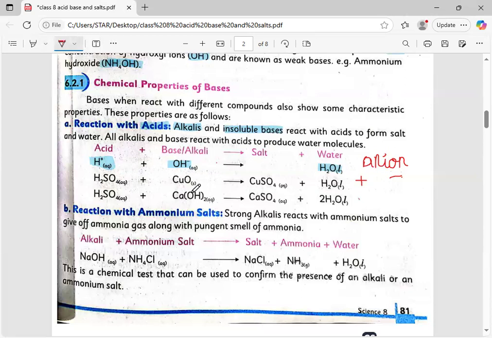So the calcium hydroxide again breaks down and the sulfuric acid again dissociates into ions. Acids give hydrogen ions that contain a positive charge, and the bases give hydroxide ions that contain a negative charge. If in any formula one part is of negative charge, the other part must be of positive charge. Same in the case of acid: if the hydrogen contains a positive charge, then sulfate contains a negative